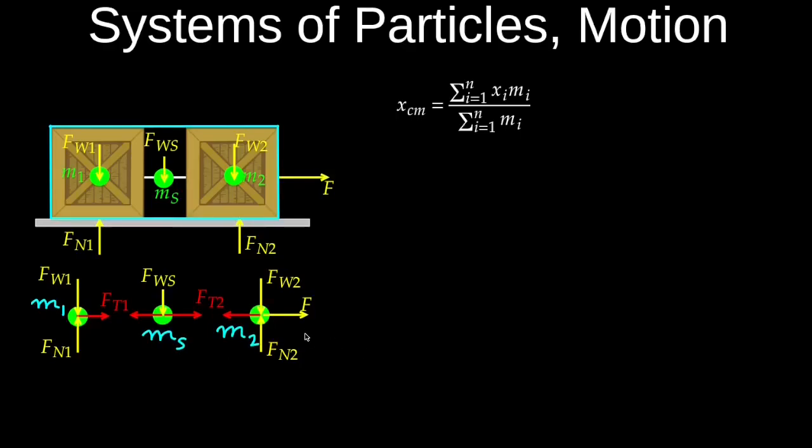And if we designate this as the total mass of the system and multiply through by m, and differentiate this expression twice with respect to time,